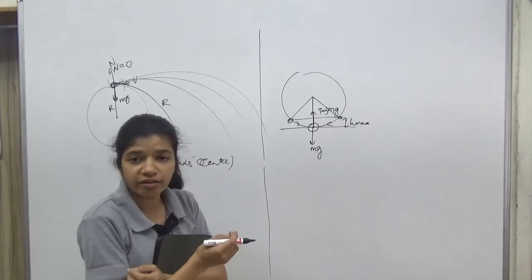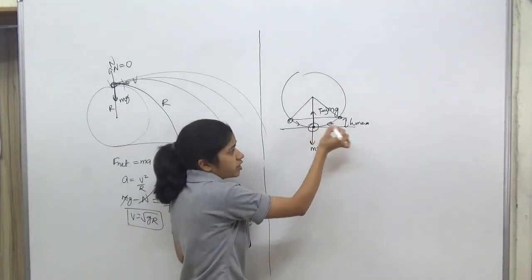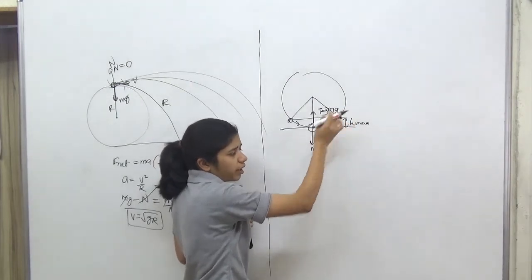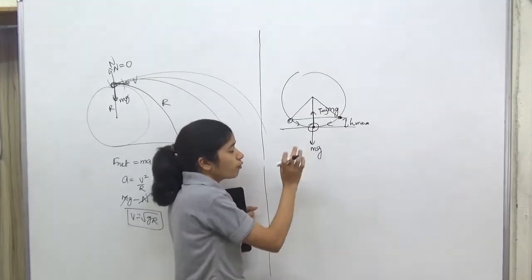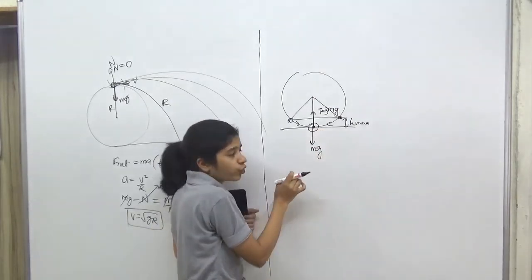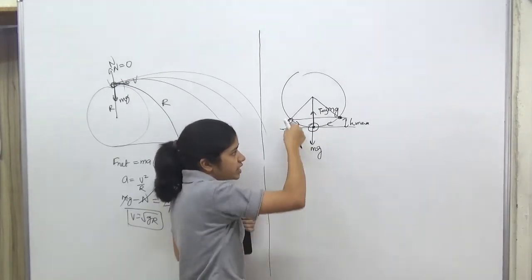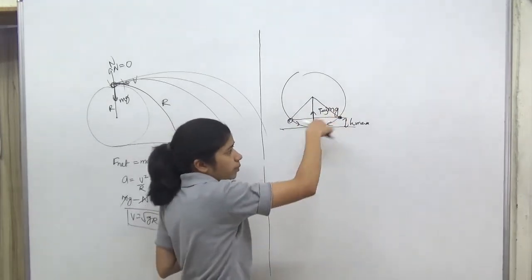Now how will we find this out? First thing, we can conserve the energy between these 2 points and that's how we will be able to find the height. That is the simplest way to find the height. But for conserving the energy, we need to know the velocity at this point. So how will we find the velocity? For this much path, again it is moving in a circular path. This is a circular path.